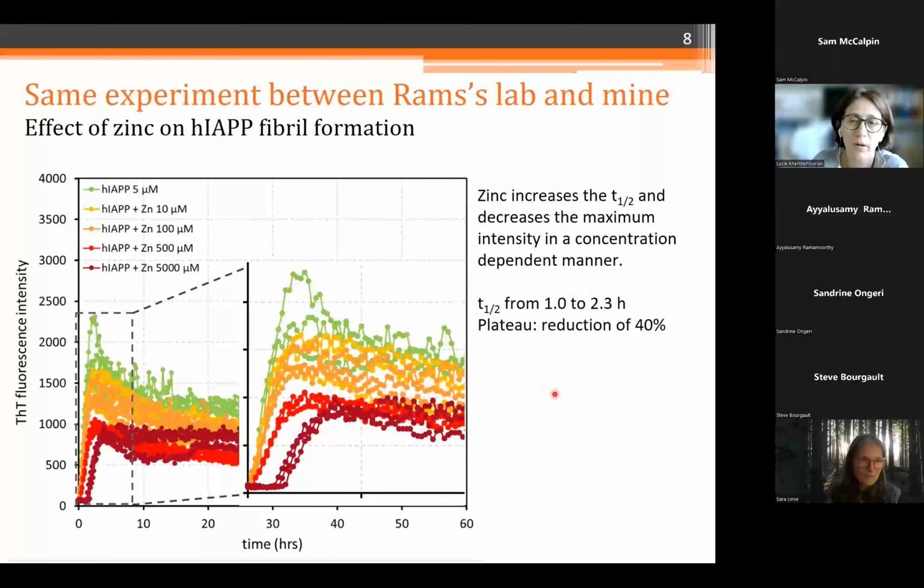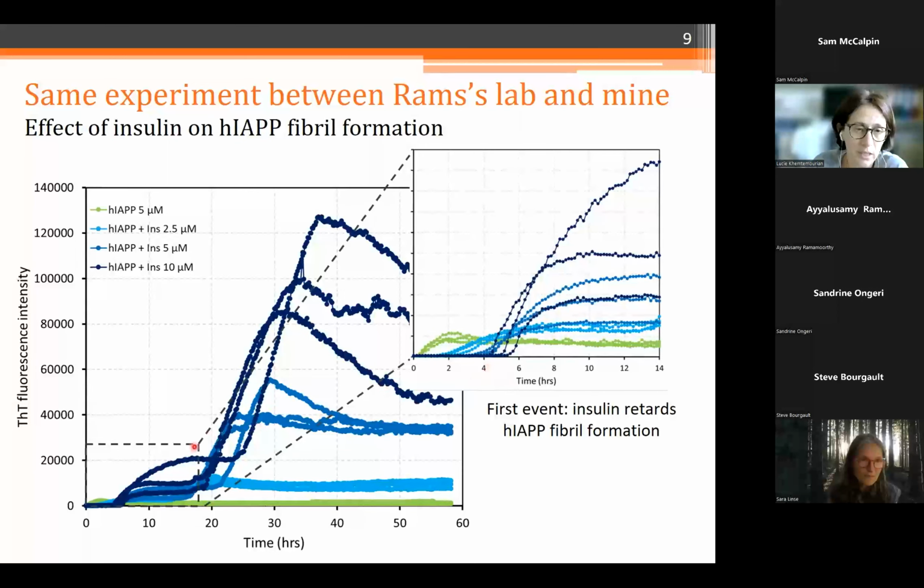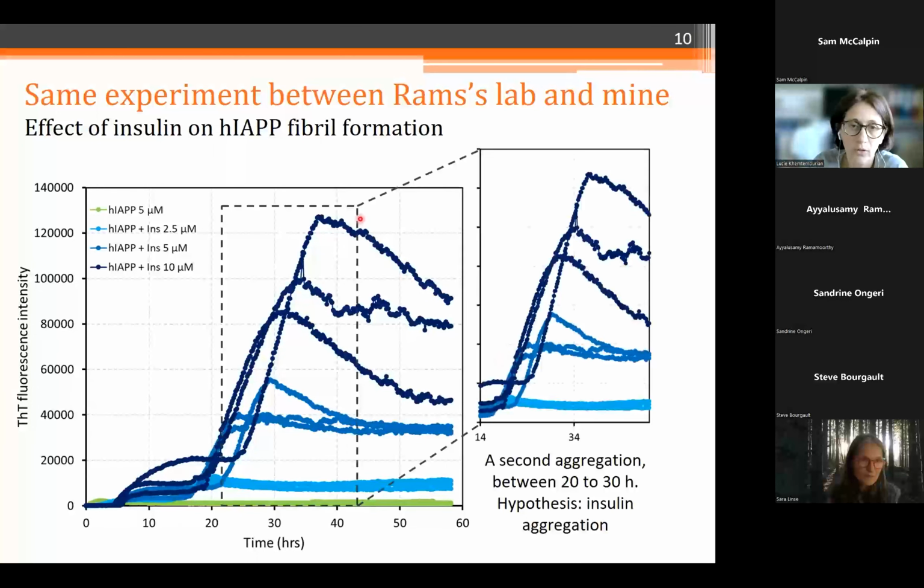And we also see a plateau reduction. If we do the same experiments with insulin, which is known to inhibit IAPP fibril formation, we also see here in the first event of the kinetics that insulin retards IAPP fibril formation. And interestingly, we also see a second aggregation between 20 to 30 hours. So we hypothesize that this aggregation comes from insulin, and THT is finally able to